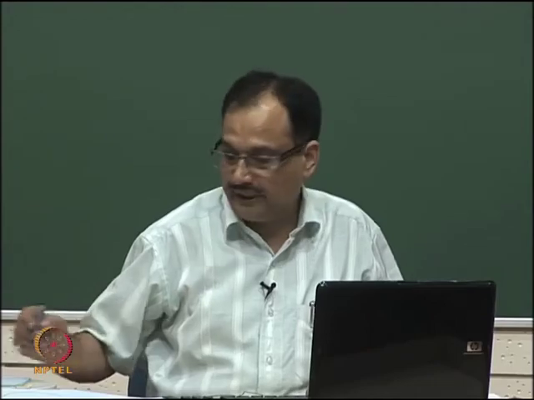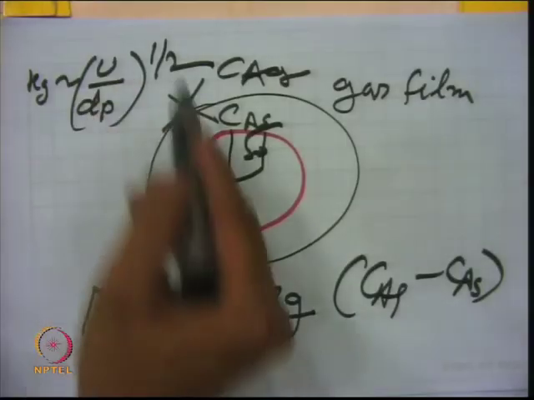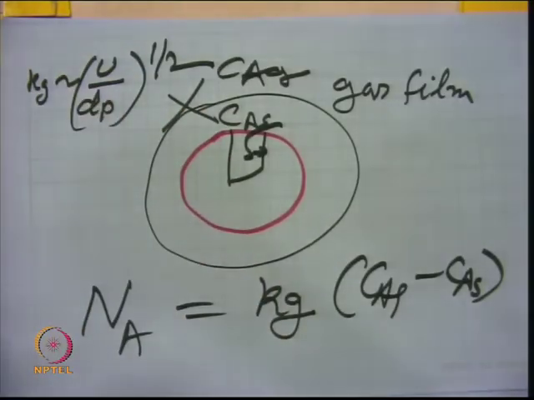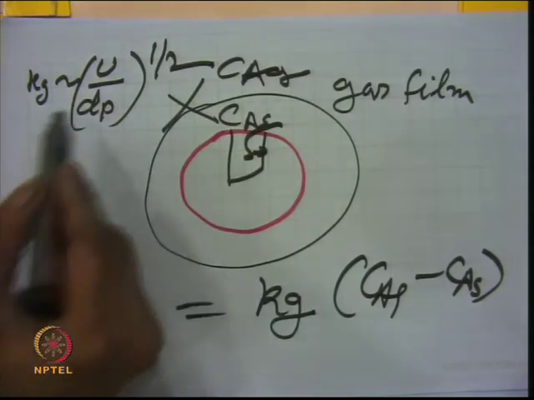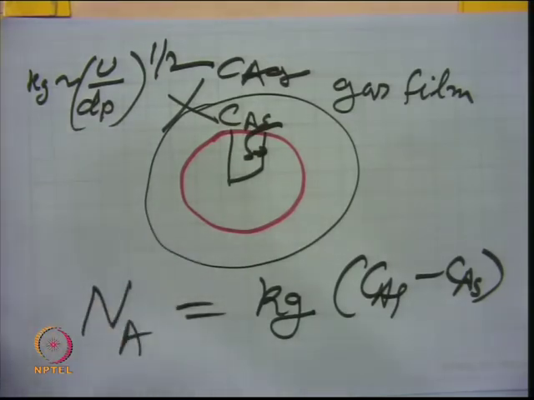The second thing is that you reduce the size of the catalyst. These things can be checked experimentally, and one can measure the rate as a function of velocity or as a function of the diameter of the particle, and you can see that it will increase initially, but after that there is no change in the rate of reaction.